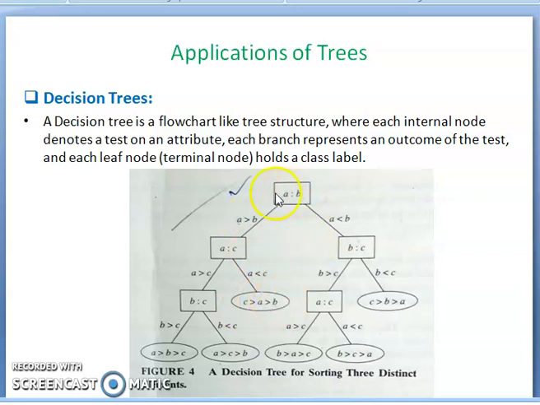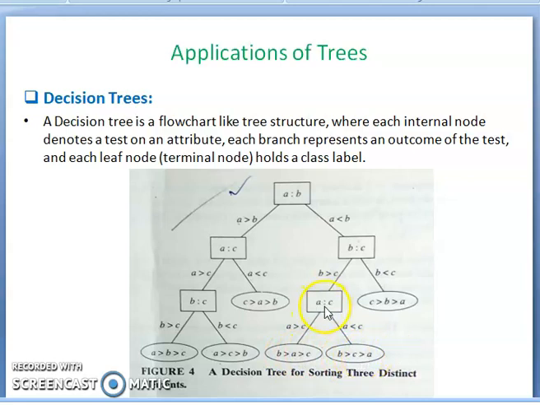Similarly, you compare A and B. If A is greater than B, you traverse like this. If A is less than B, you traverse like this. And you compare B and C. If B is greater than A and B is greater than C, then B is definitely greater than A and C. But you compare whether A is greater or C is greater.